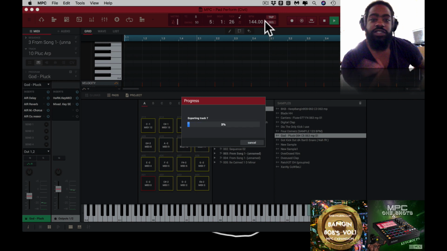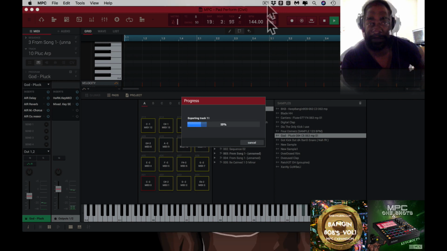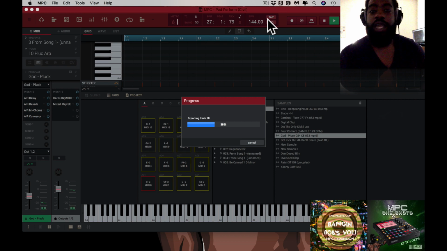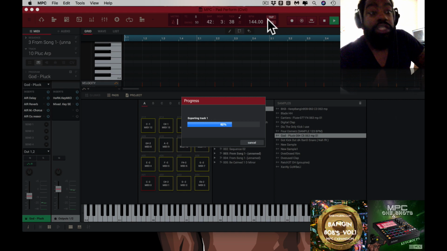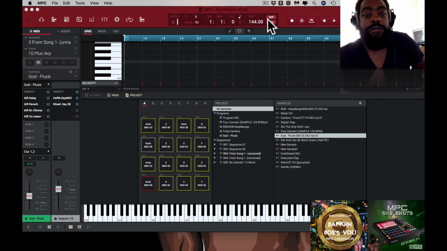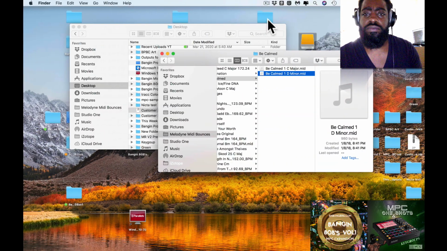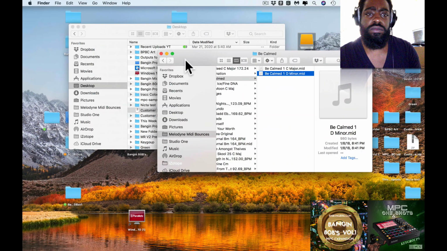We're on track 6. Just turned to track 7, by the way. All right, we exporting the last one. I think this is track 10. I think that's the last one. I don't think I had more than 10 tracks. Oh, and then it goes back and exports the audio track that's there for no reason, because there's nothing on it. I don't know why it does that. So if you ever bounce your stuff down,